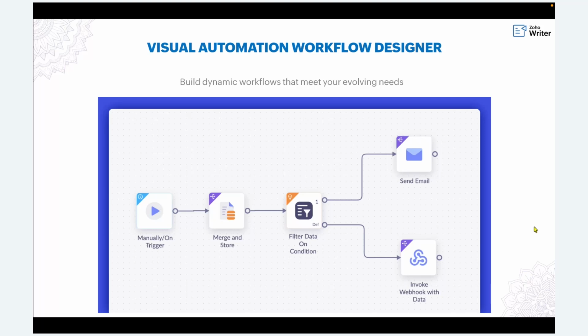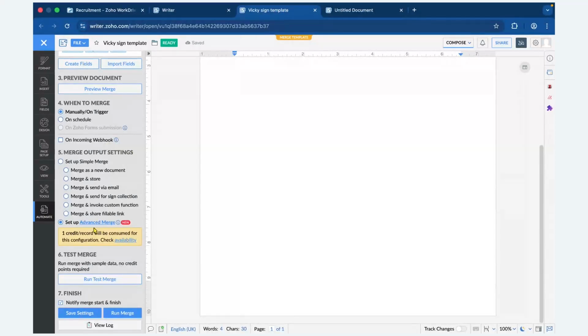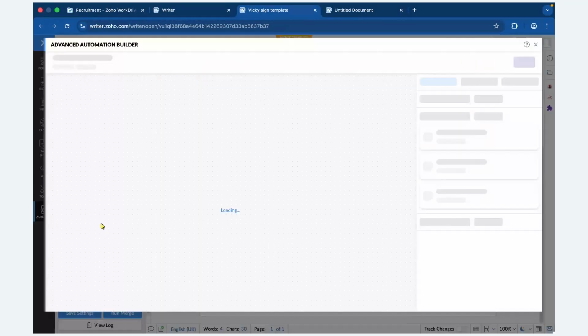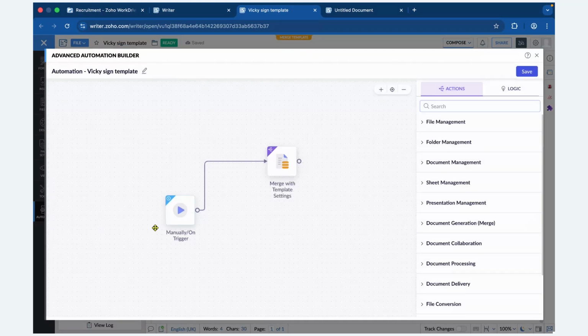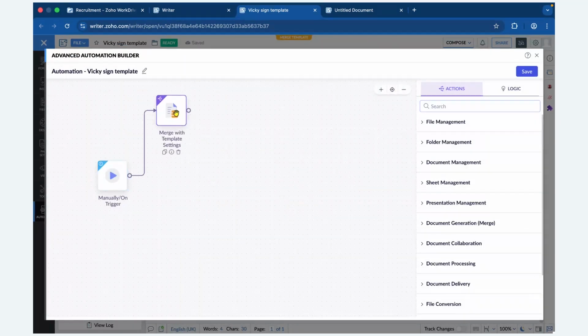So let me quickly show you how you can configure the advanced automation. If you look at the screen here, this is how the advanced automation UI builder looks. Let me quickly take you through a sample document. Let's assume this is a merge template that's required for the automation. On the top, in the merge output settings from the automation tab, you have the advanced merge option. The moment you click on it, it pops up the automation builder UI, within which you can insert the required action cards from the action tab, and the logic behind them to achieve